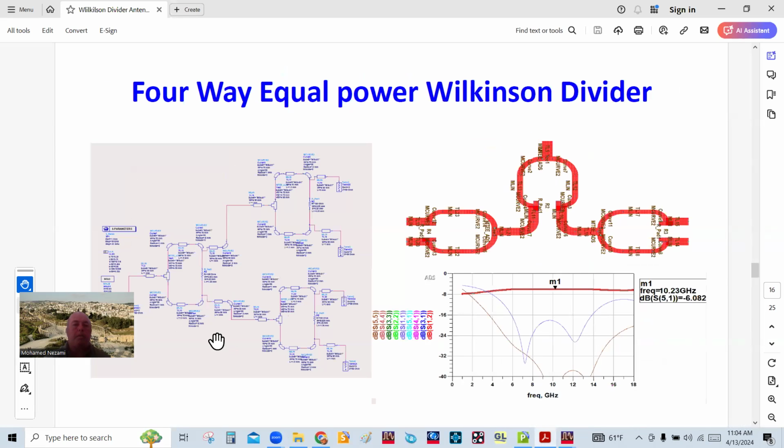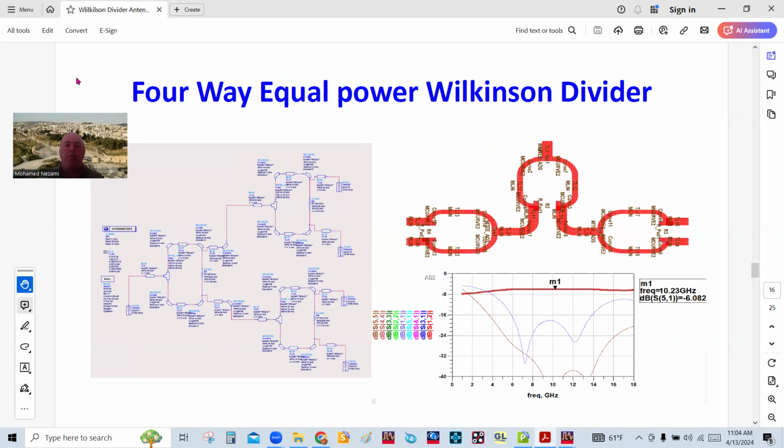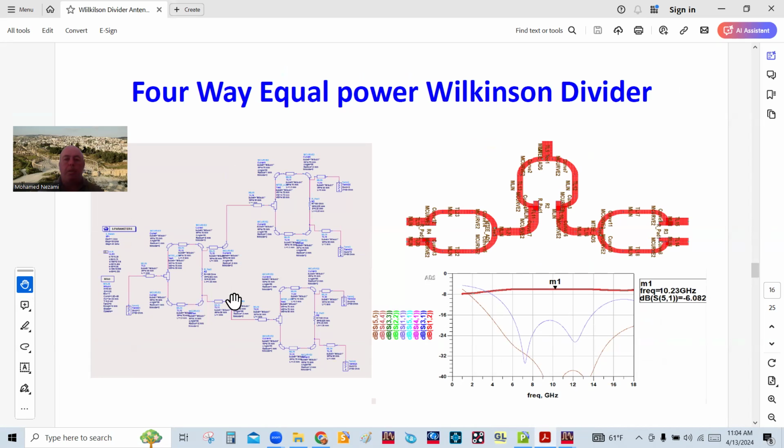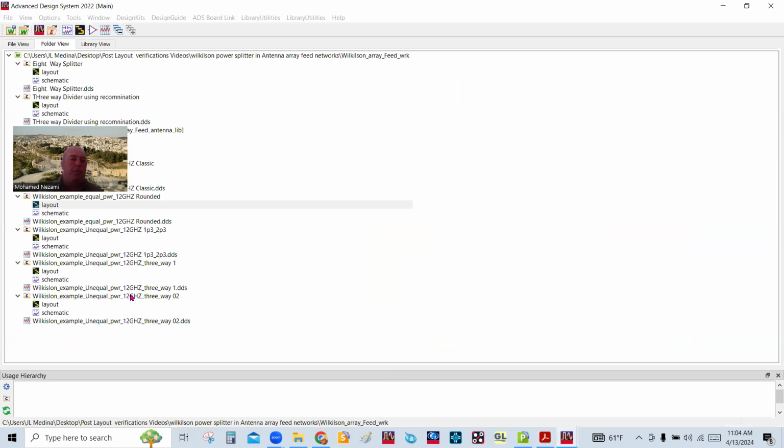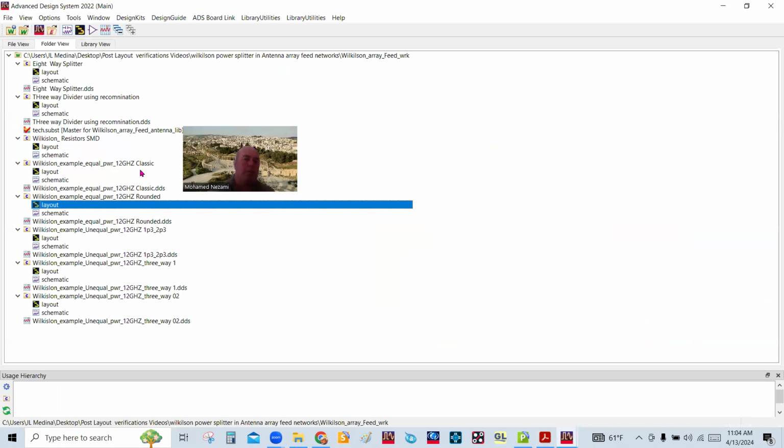Okay, so for the heck of it, let's just do a four-way splitter using this one in here. And that's what I did in here, of course. You can come in here, and this is what I just did. So you just copy it twice at the output and run this thing, and that's what we do. And let's go to this here and find where that